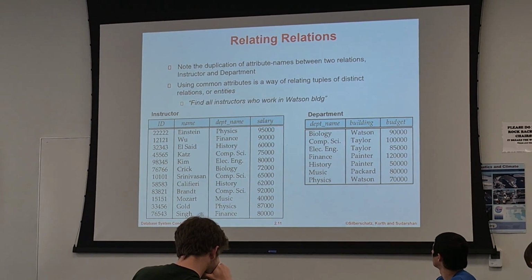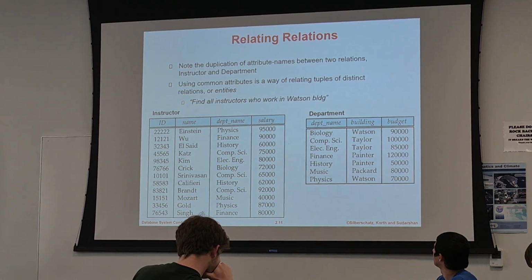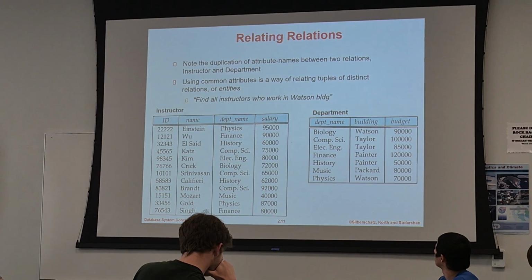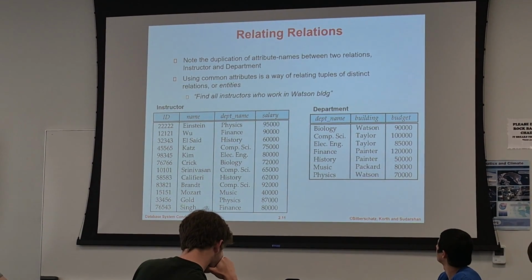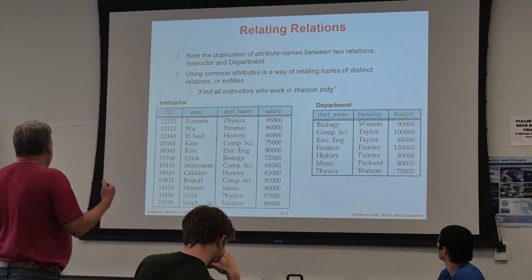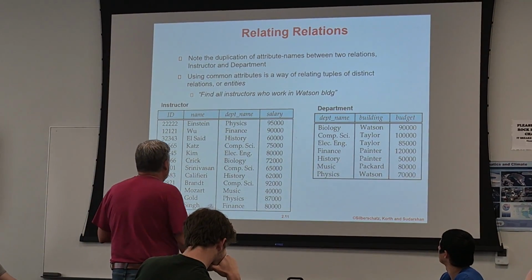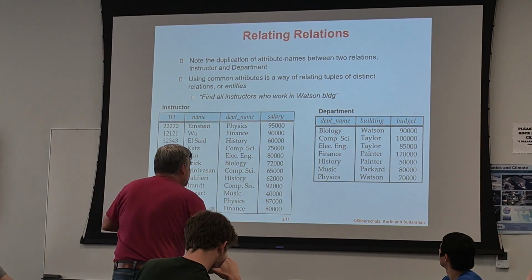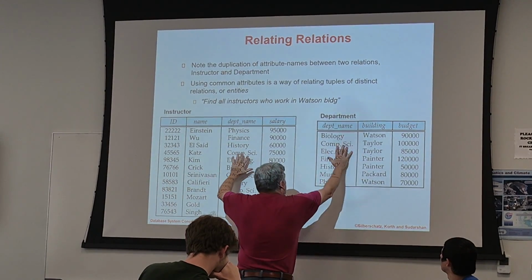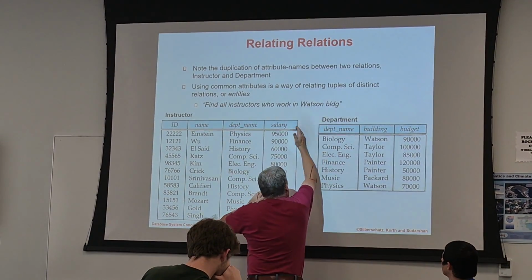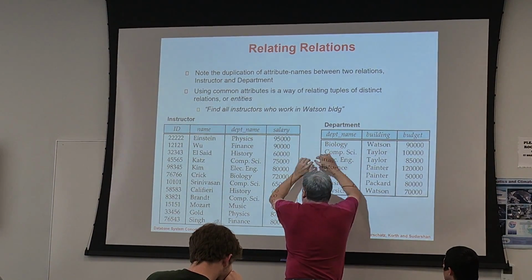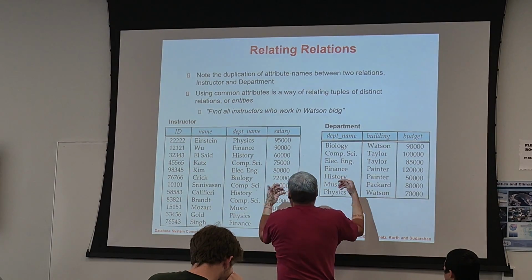And so when I asked you guys to come up with a situation that required combining 2 tables together, gluing them together in order to represent something, this is an example of that sort of situation. If we want to figure out all of the instructors who work in the Watson building, and we have this data set right here, what we would have to do is glue the rows from this table, concatenate them onto the rows of this table,